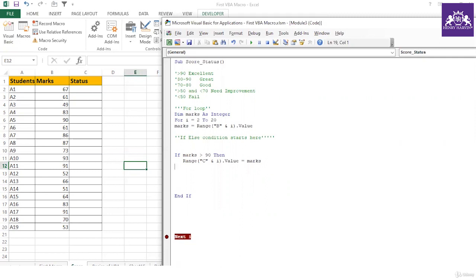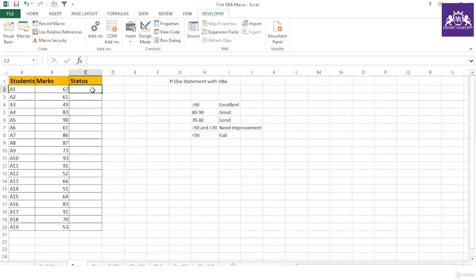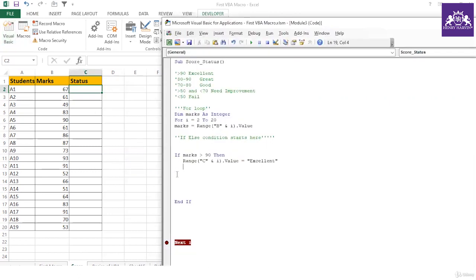All right, guys, this is one condition. Not marks, you have to write "Excellent", guys. I hope it is clear, because if the marks are greater than 90, the result will be Excellent. And once the data is given, it will come to the next row, because now we are giving multiple criteria. Else if